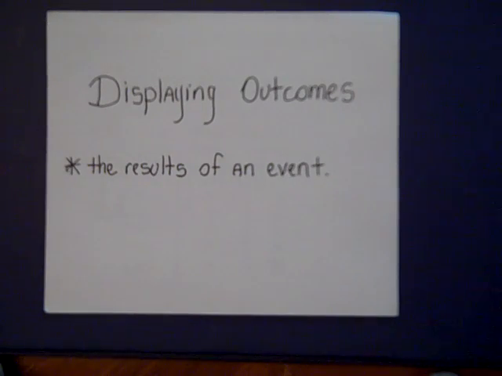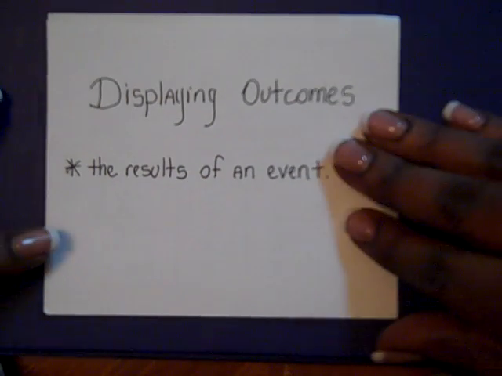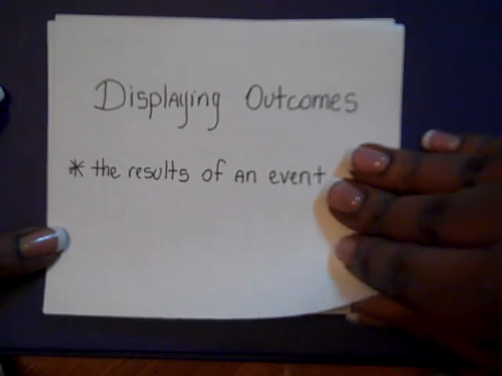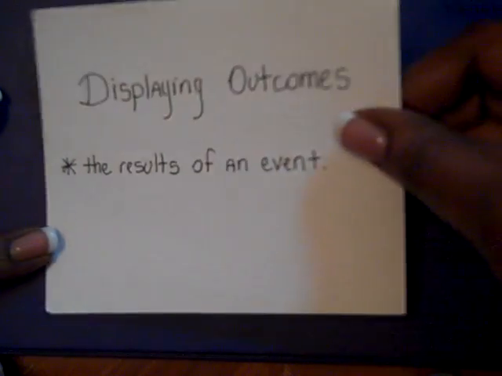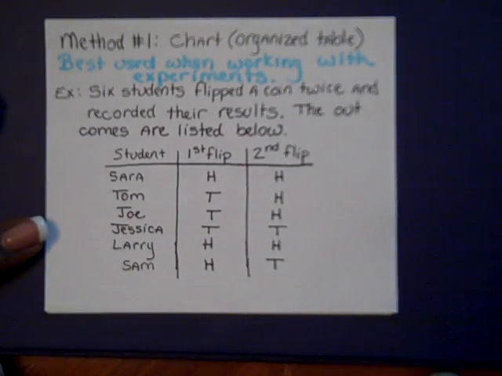Hello, today we are going to discuss different ways of displaying or showing outcomes of events. And remember, an outcome is basically the result of an event. The first method that I'm going to share with you is making a chart or an organized table to show